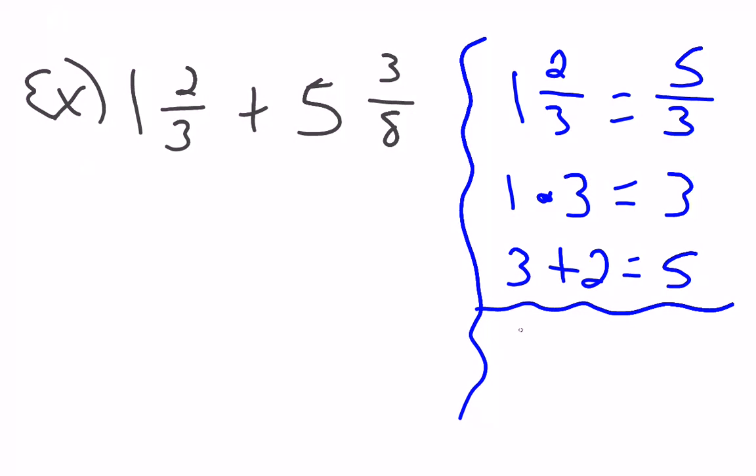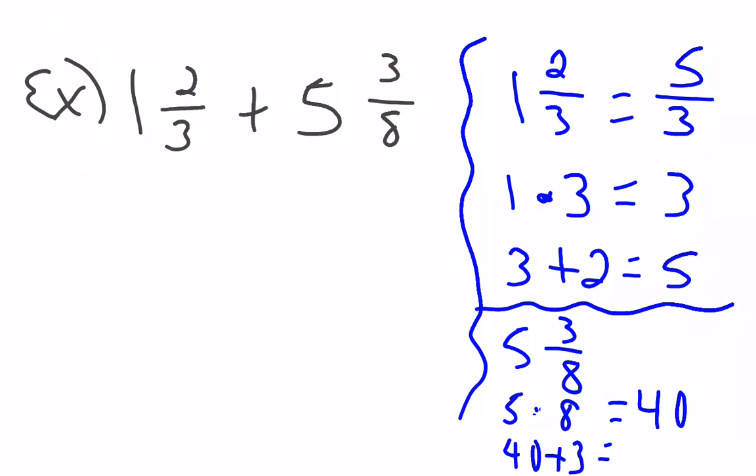I do the same thing with the second one, 5 3/8. And so 5 times 8, first and foremost, is 40. And then I add that to the numerator, so I get 43. So this one becomes 43/8. So that's what we have over here. We have 5/3 plus